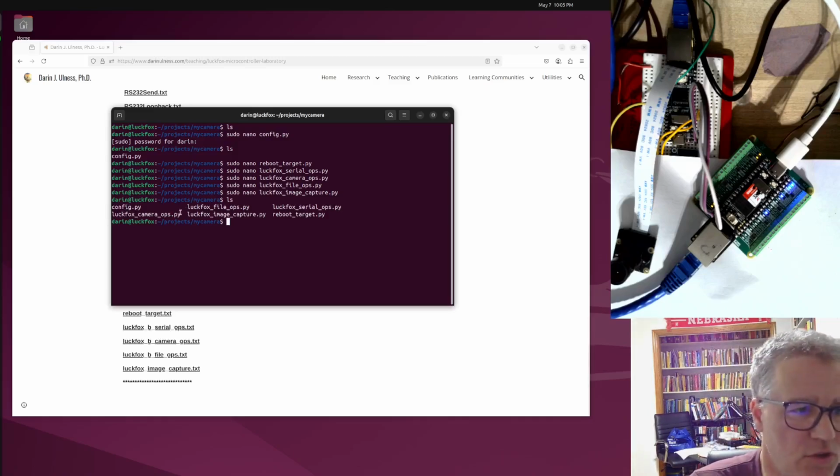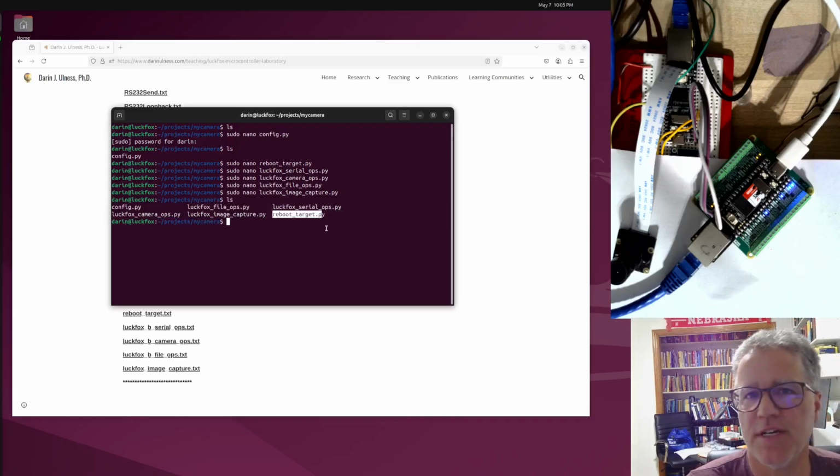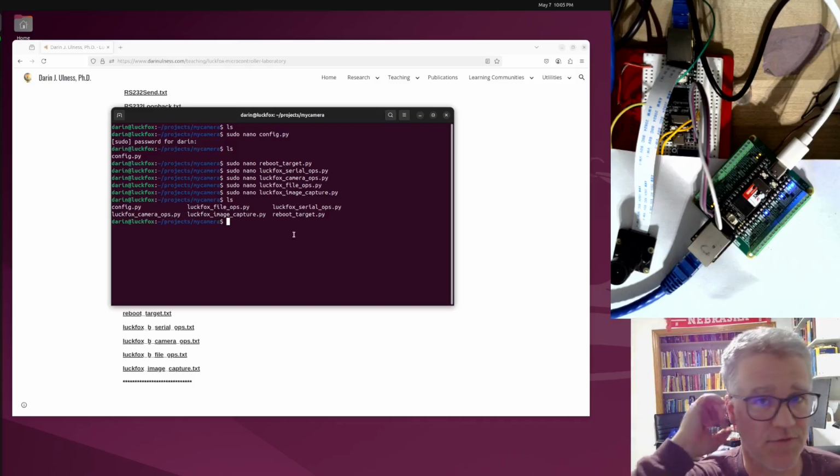Let me just kind of go through these. We talked about the config file. The serial, well, let me talk about reboot first. This is simply a short script to reboot the target. So always when this is called, it will reboot the target. Then these ops scripts are to pull out information. So for example,